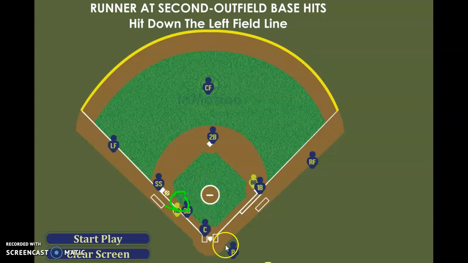And now that we're in the bigger field, the pitcher needs to back up bases. So he is backing up home plate on this play. That's the cut position with base hits on second base, or runner on second base and a base